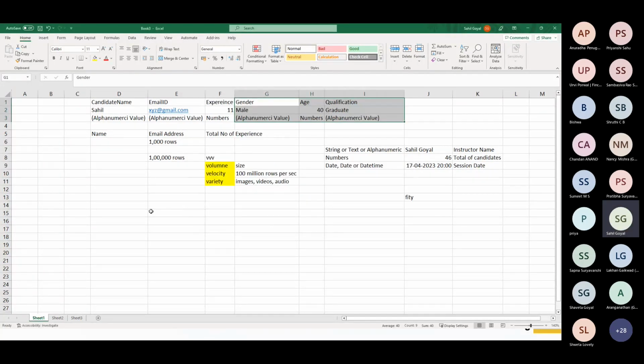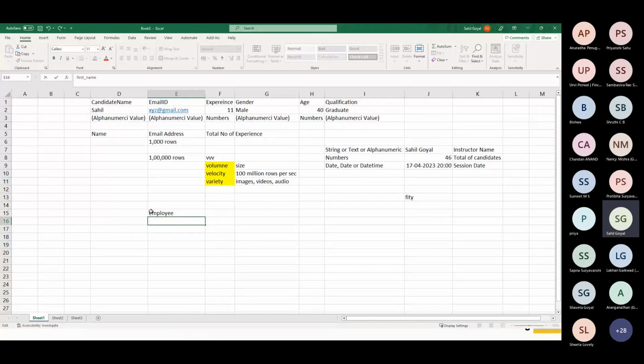Let's assume that you're all employees of an organization. It can be any XYZ organization. As an employee, when you join the organization, the company is going to capture certain information from you. They will be capturing your name, which we can call the first name, then your last name,